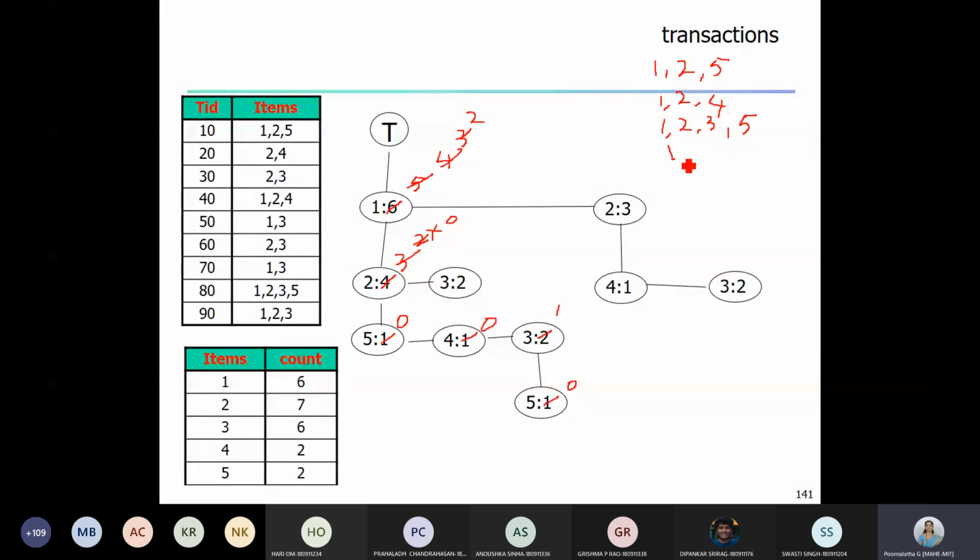Go to the child pointer 0, go to its sibling, it is 0, go to its sibling 3 with a count 1. So reduce the count, it becomes 0, then write the item name, go to its child, it is null. So we have to stop. We're able to get one more transaction 1, 2, 3.